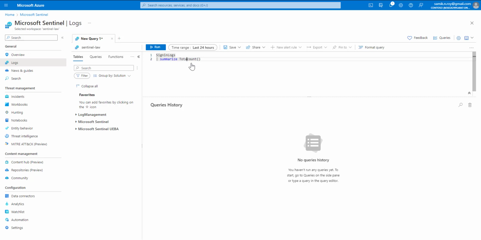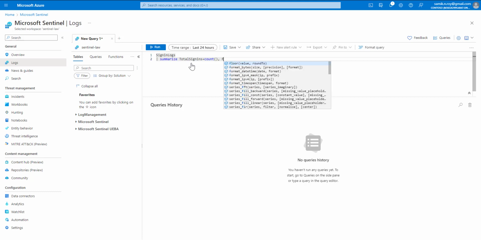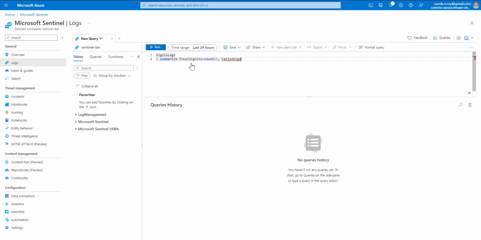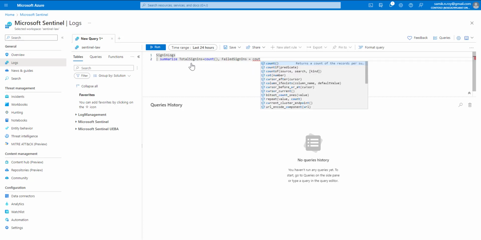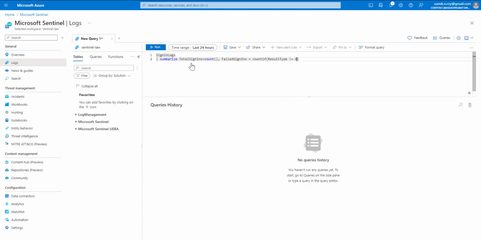We would use the total sign-ins as count, and again look at failed sign-ins as countif, wherein result type not equal to 0, so that we can see the failed sign-ins,